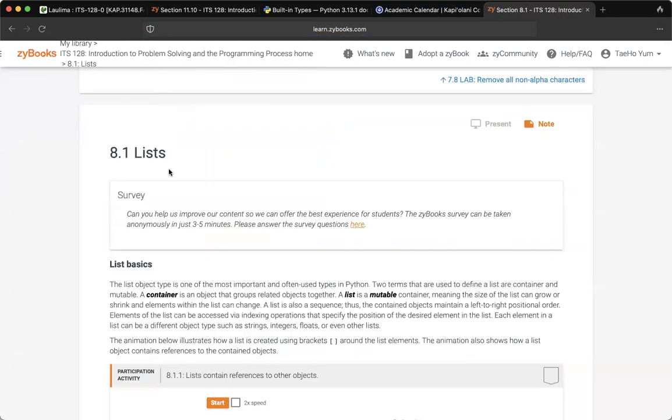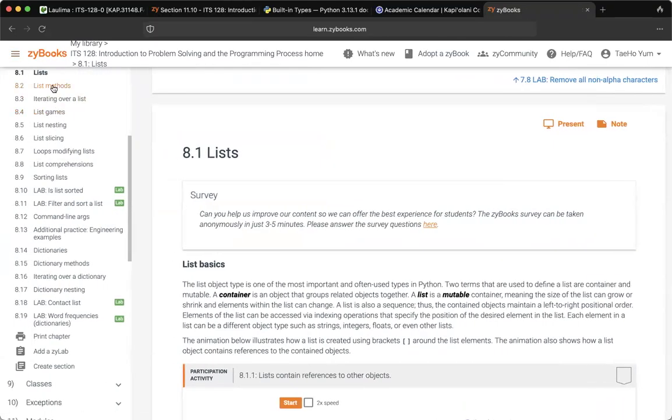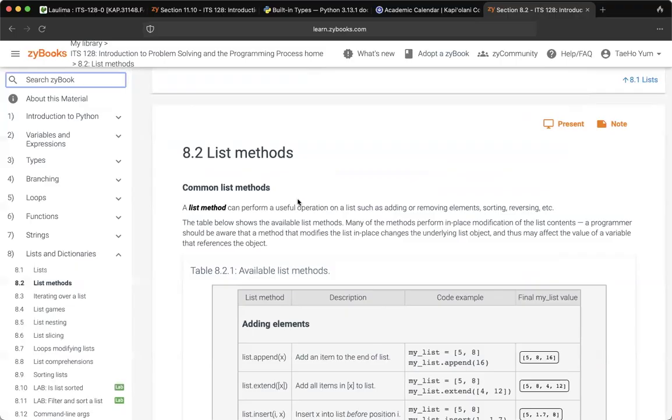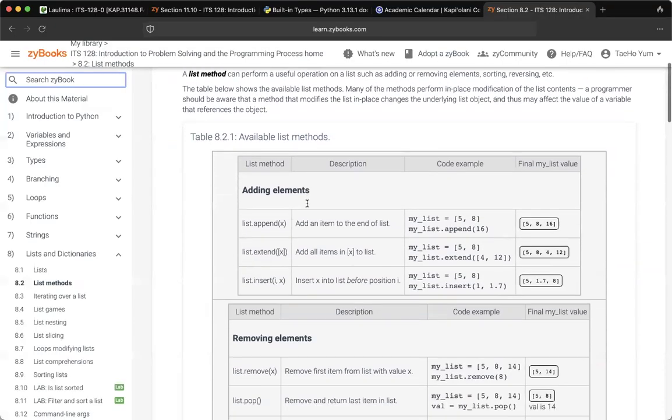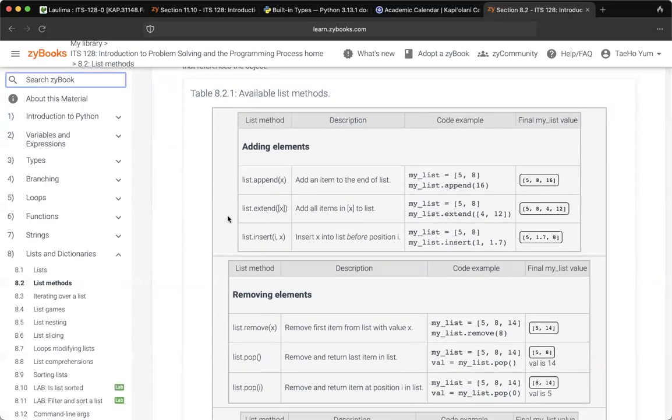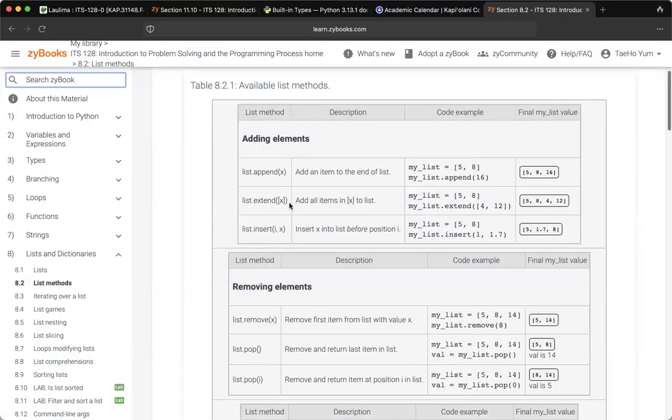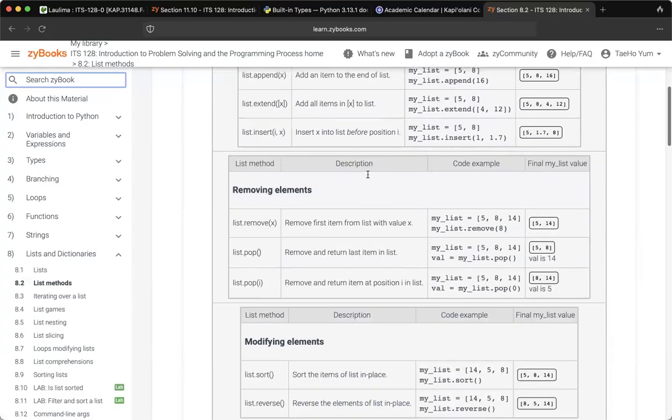We got a page not found. Okay, here. List. Looking at list methods. Oh, here we go. We can do extend, append, insert, right? Okay, so let's do